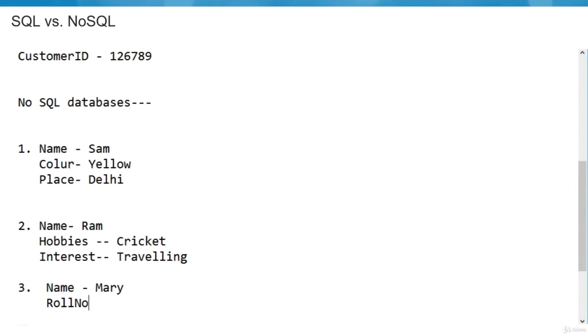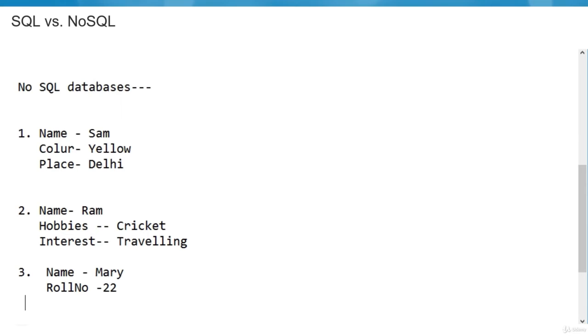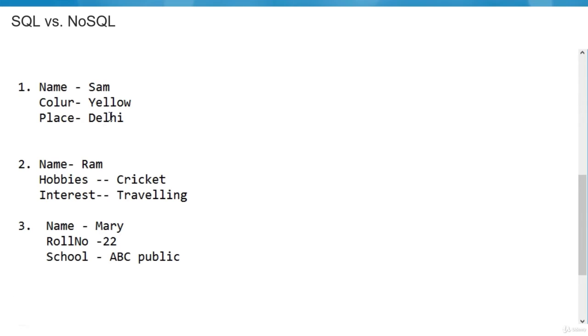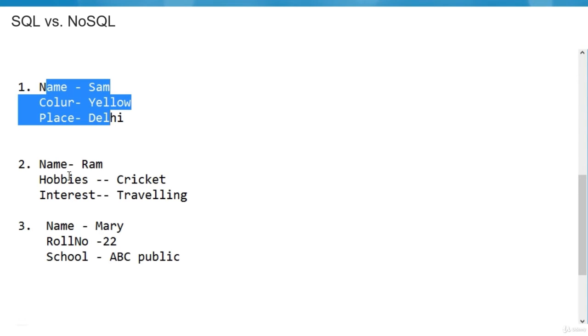Roll number 22. School ABC public. So, is there any relationship between any of the entities from these three sets of information coming from three different sources?